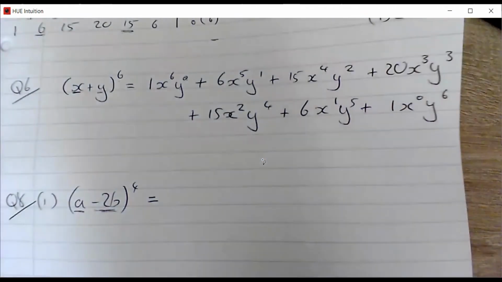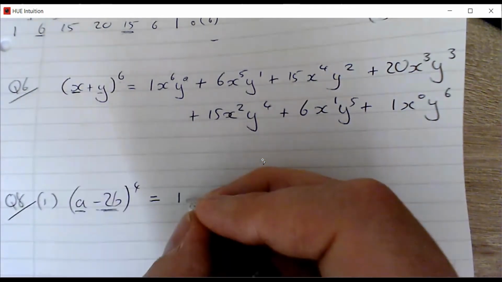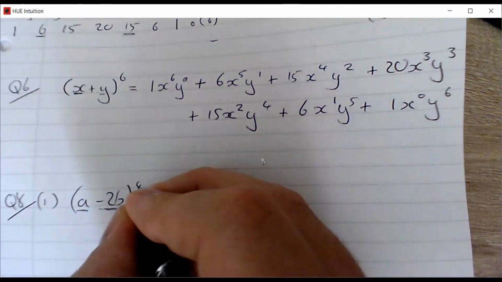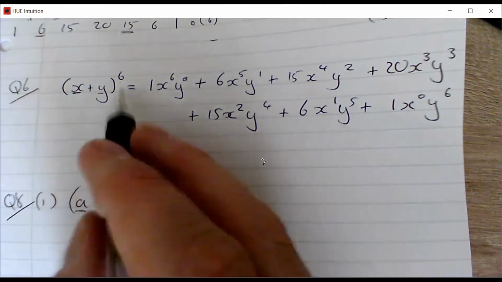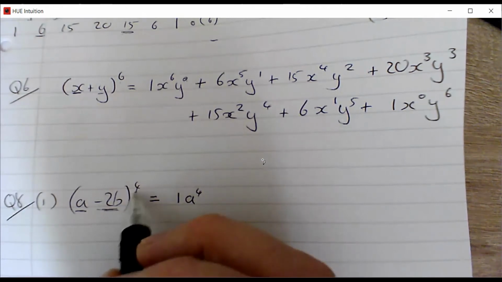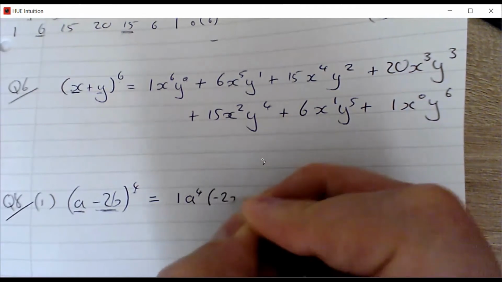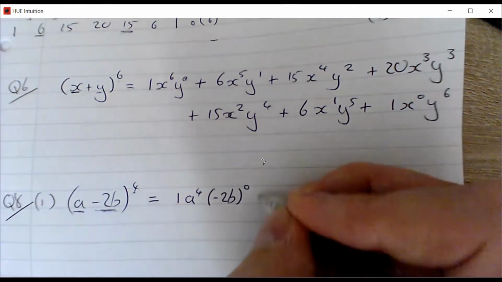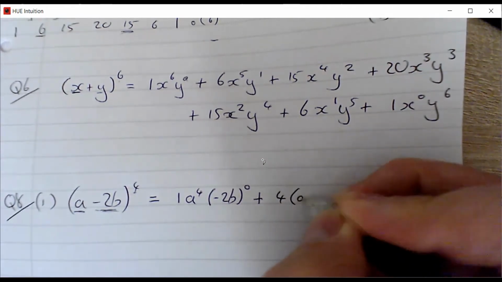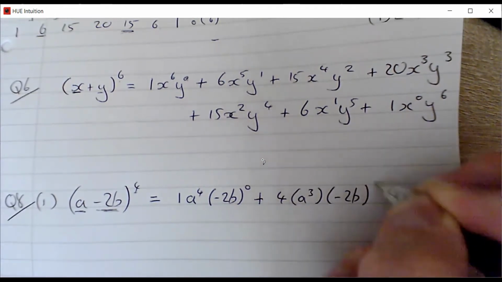The first one is going to be 1 multiplied by my first term in my binomial, a to the power of 4, my highest power. If you multiply out a bracket with the 6 on the top, your highest power is going to be 6. Multiply out a bracket with the power of 4, your highest power is going to be 4. A to the power of 4 times negative 2b to the power of 0, plus my next number is a 4 times a to the power of 3, negative 2b to the power of 1,